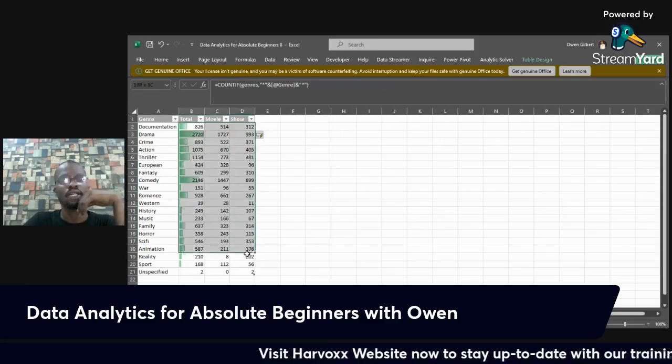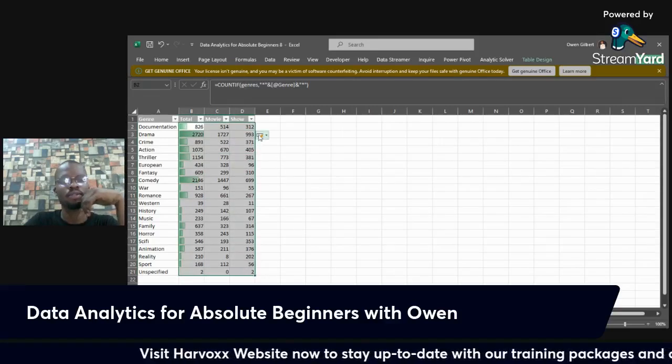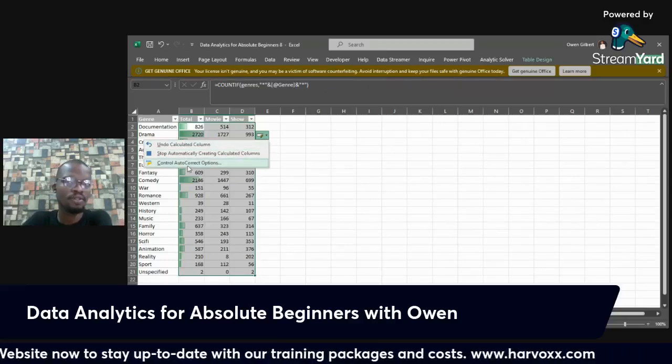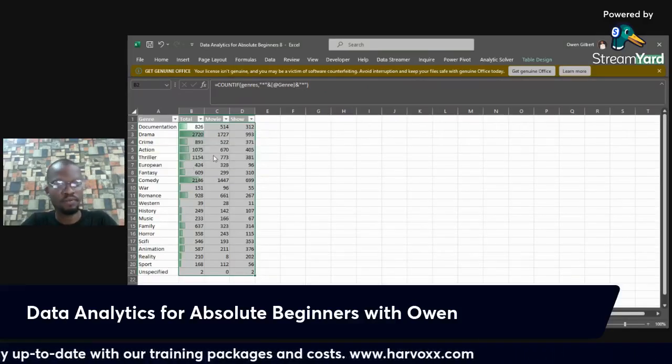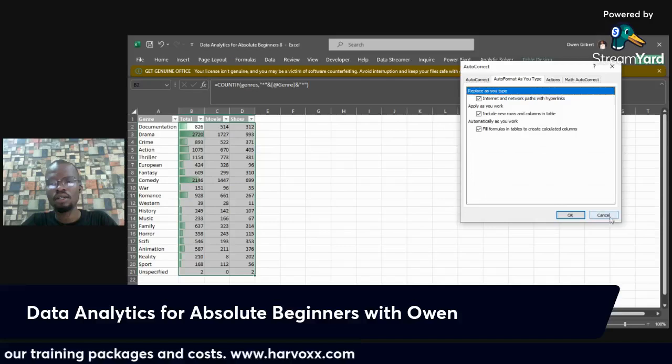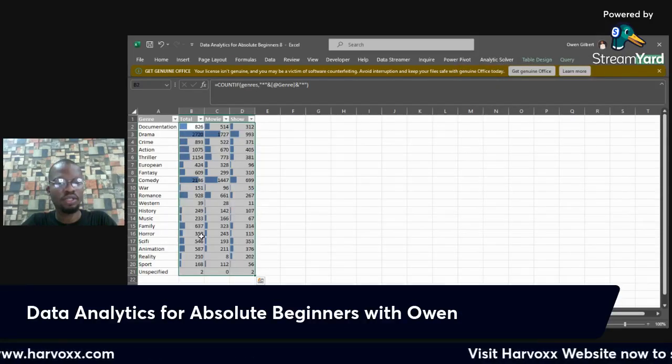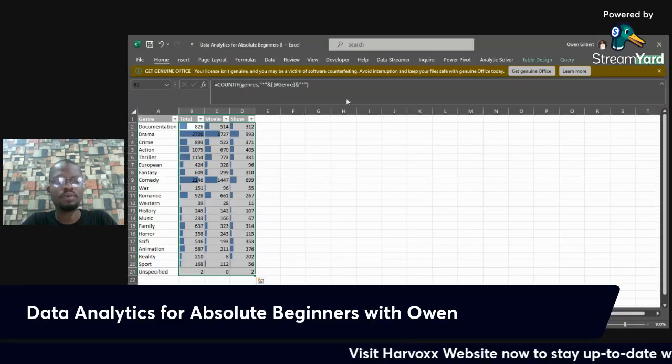So we can see other conditional formats. Yeah, undo calculated can stop. No, just leave it as what we have. Cancel. Let me just use a common. Oh no, it's not related.